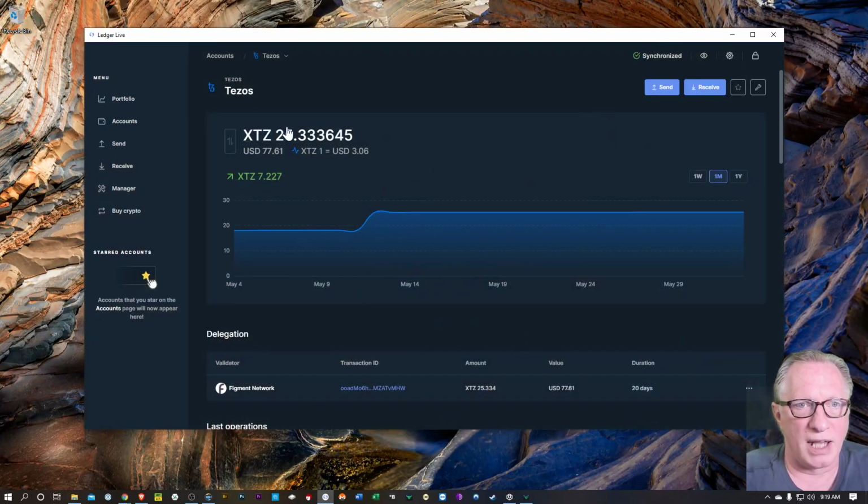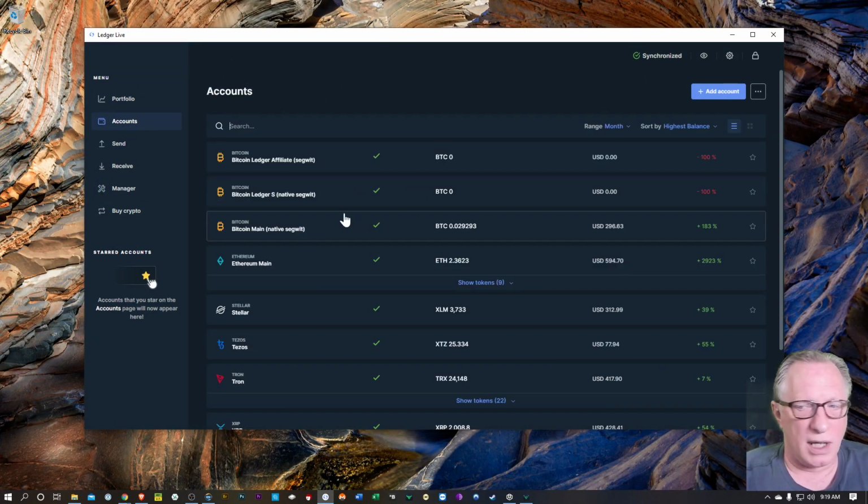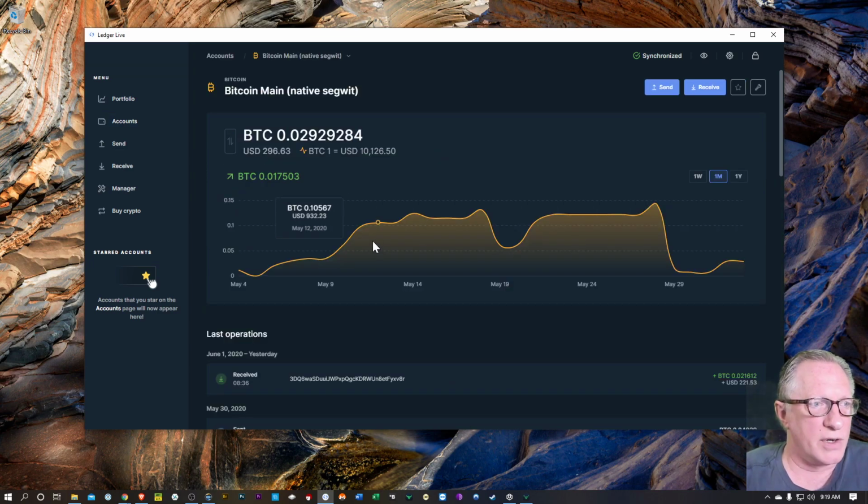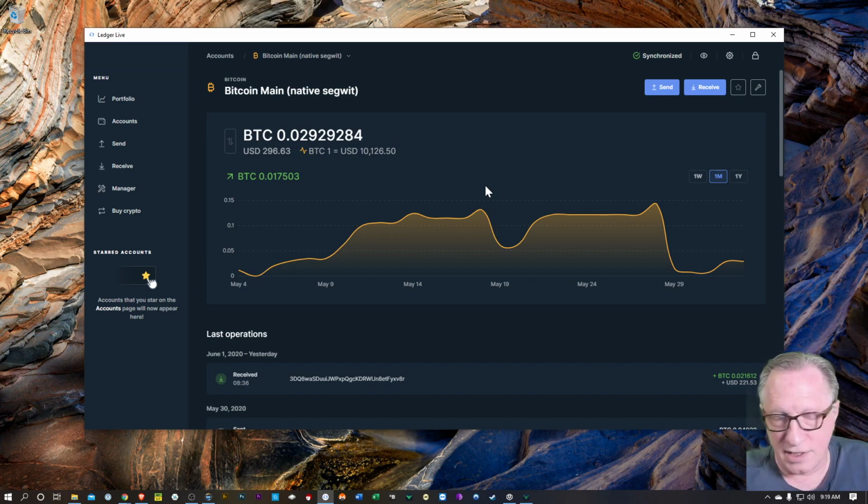So we're looking at my Ledger Live here. This wallet, even though the private keys are stored on this device, is active, right? I can use the device to sign transactions. I can use the wallet to check my balance and send and receive cryptocurrency easily and conveniently, right? This is a functional wallet. It's working. The private keys are still protected, but the wallet is still active and I can send and receive Bitcoin at will, right? No big deal.